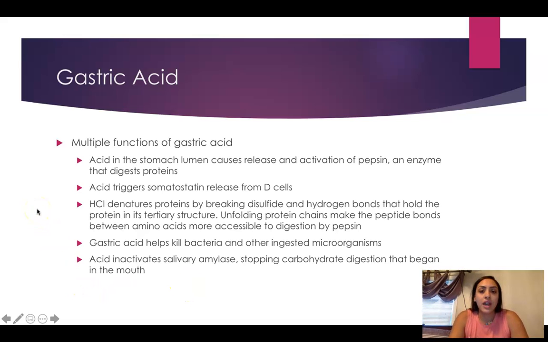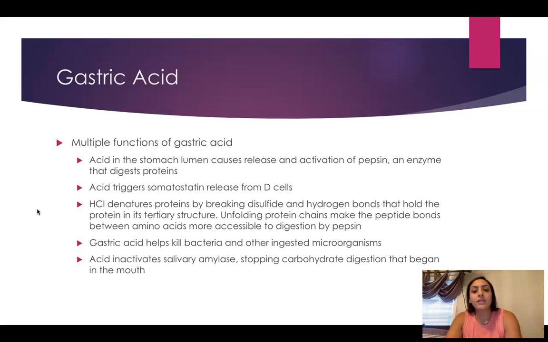Now we have gastric acid. Gastric acid has multiple functions. The acid in the stomach lumen causes the release and activation of pepsin. So I keep saying pepsin. The pepsin is an enzyme that digests proteins. And this acid triggers somatostatin release from D cells. So these are just the functions of the gastric acid. I just listed two functions. The third one is hydrochloric acid,